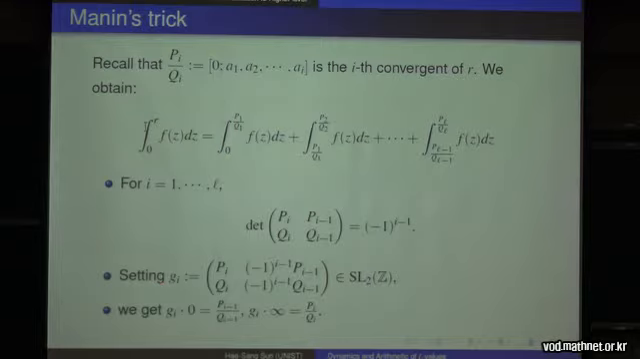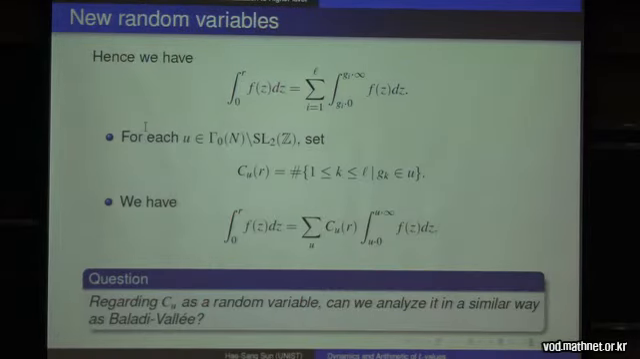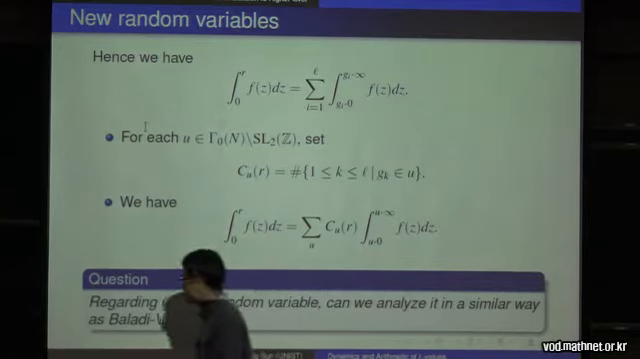So let's say this is Gi. Then you can see that the image of 0 under this Möbius transformation is this (i-1)th convergent. The image of infinity is the ith convergent. So now this integration can be transformed in this way: integral from Gi(0) to Gi(infinity) of F(z) dz. And the good point is that